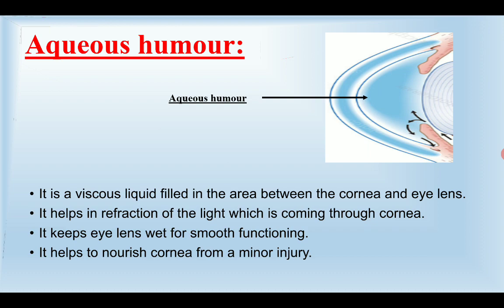Now, apart from this, it provides the inflation for expansion of the cornea and hence increased protection against dust, wind, pollen grains, and some pathogens as well. It is continuously filtered and replenished inside the eye. This aqueous humor is a transparent, watery fluid similar to plasma, but it contains low protein concentration. So, the protein concentration in aqueous humor is very low as compared to the plasma.